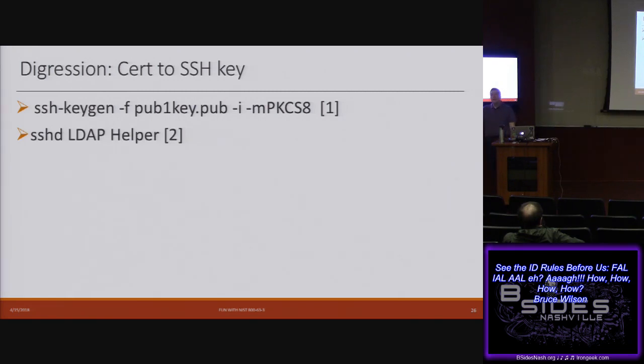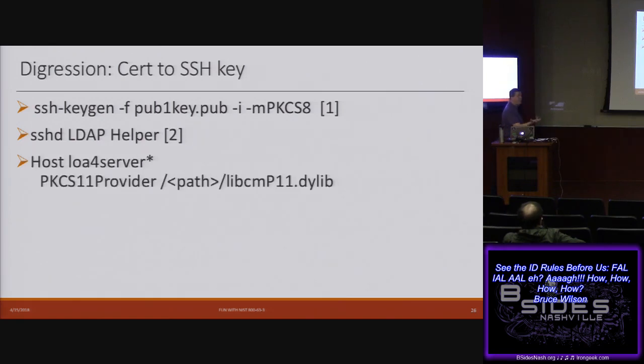I can then put that SSH key into an LDAP and configure my SSHD environment to point at that LDAP, and then use the PKCS11s. So I'm actually using a very, very hardened device, a smart card with a digital certificate, as my means to be able to SSH into a server. And in my professional world, when I'm going into a server with a privileged account, this is exactly what I do to provide a fairly high level of assurance. And then if you're on Windows, SecureCRT is also able to read from a smart card.